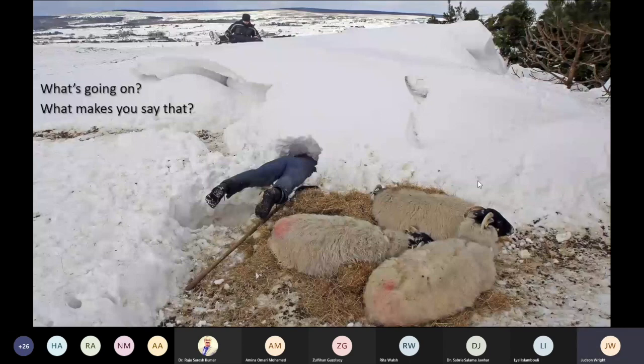Building an igloo, maybe. What makes you say they're building an igloo? How could you justify that? Like for me personally, I do not know a lot about building igloos, but I do know it's a pile of snow or ice, put a hole in it. Yeah, it's an igloo. That's basically all he's doing, right? It's got an entrance. Maybe there's some windows there. Who knows? Okay, so for any of these pictures,